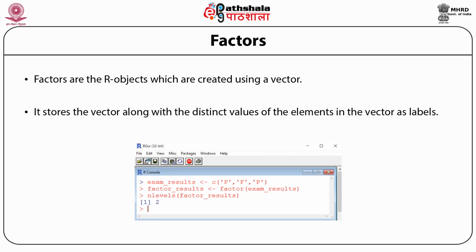If we convert it into a factor, we can type factor_results equal to factor(exam_results). Now we can find out the number of levels of the factor results by typing nlevels(factor_results). It will give the result as 2.